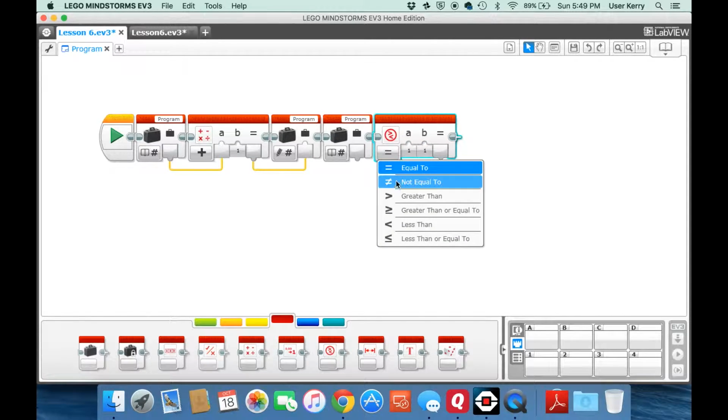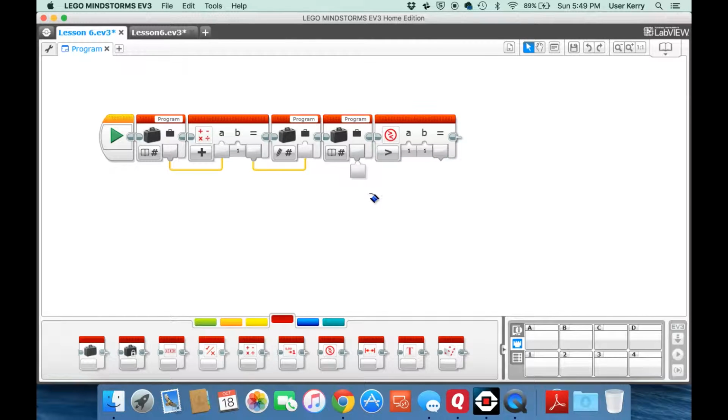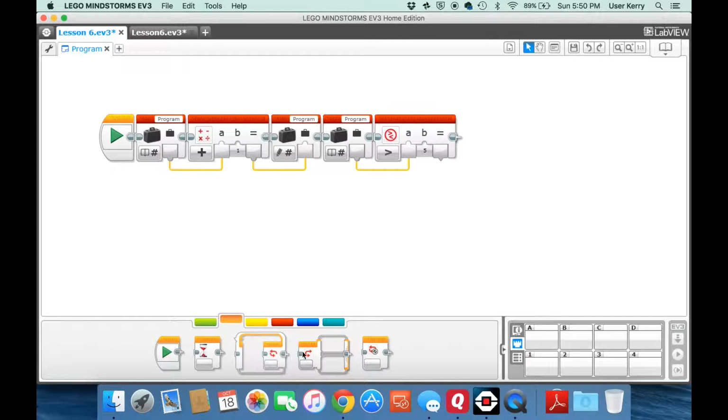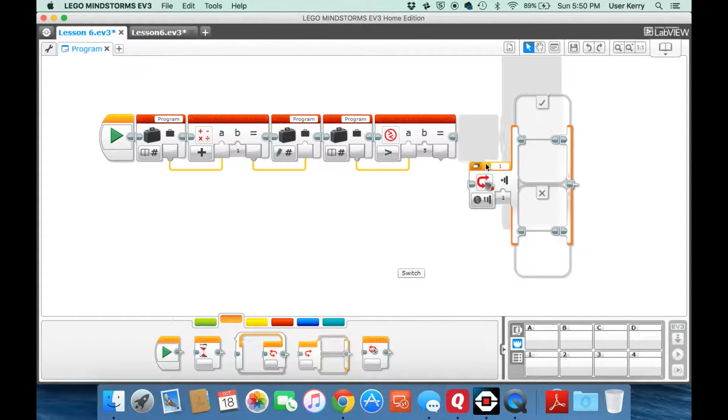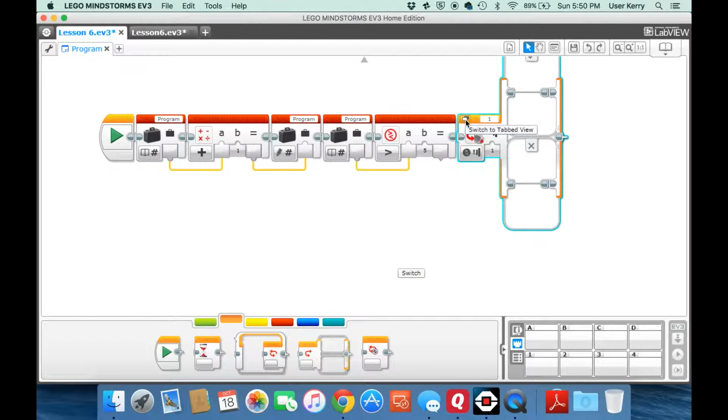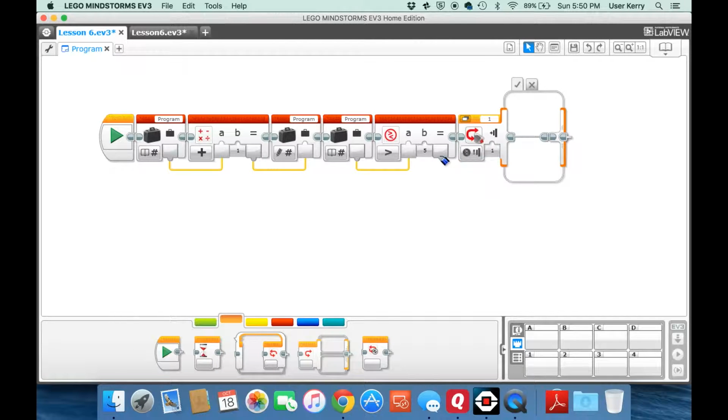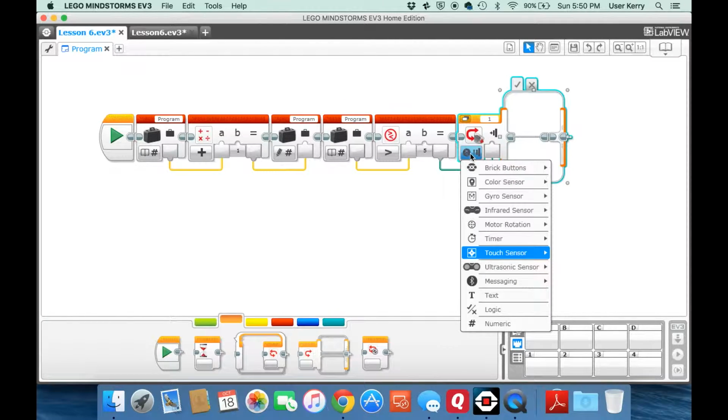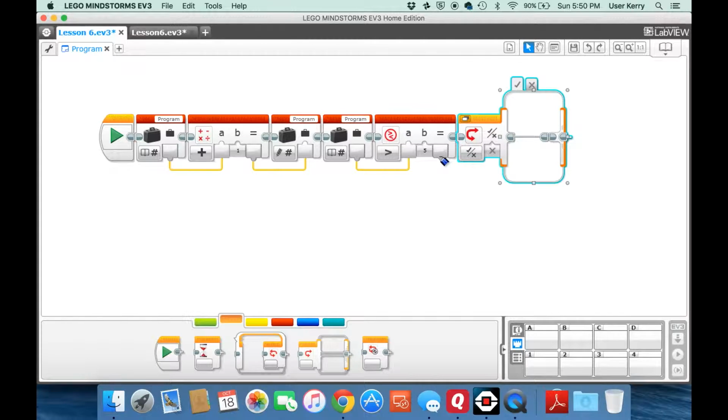I want to compare if greater than. If A, which is our program, is greater than 5, then we want to do an if statement. And I tend to prefer the compressed form of this. So we'll say true. If it's true, let's put that in here. We'll make this logic. True. So if this is true, we want to